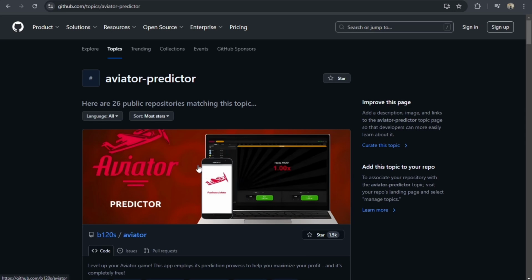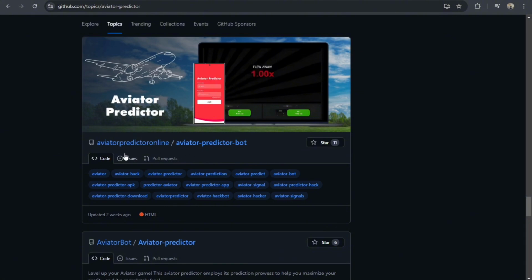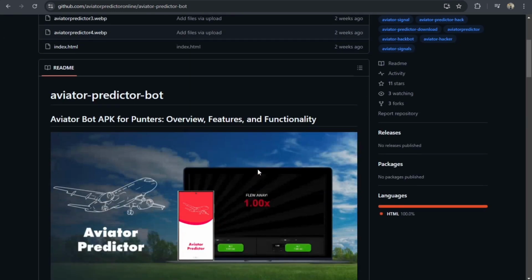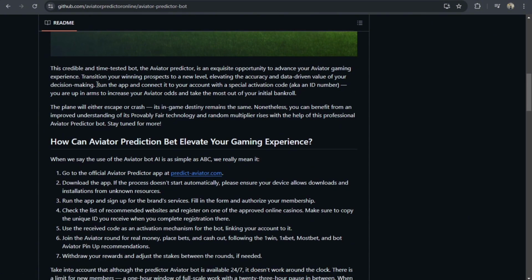And then from here, scroll down until you find this Aviator Predictor, this one. And then just tap on this link, the right link. And then from here, scroll down again, and you should be able to see here the activation codes and login